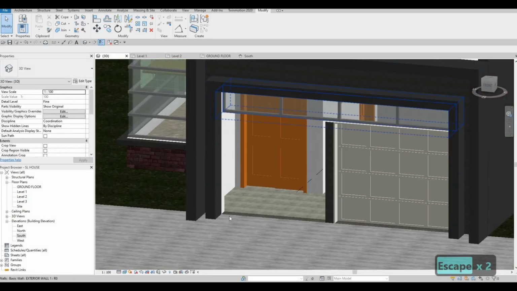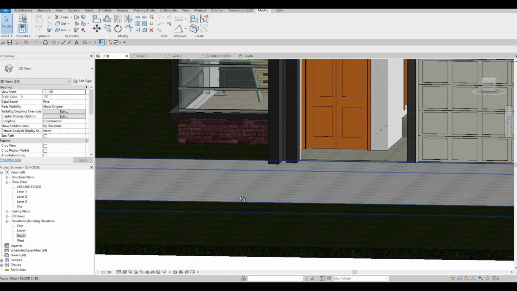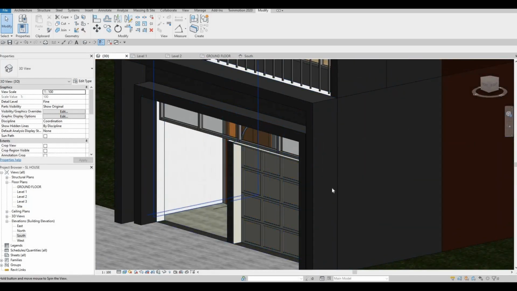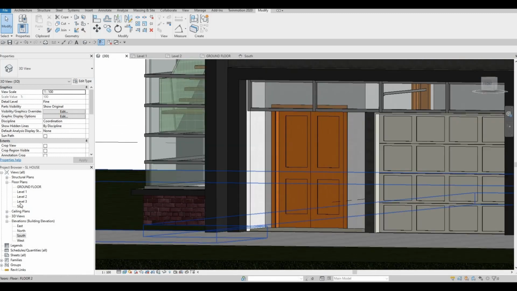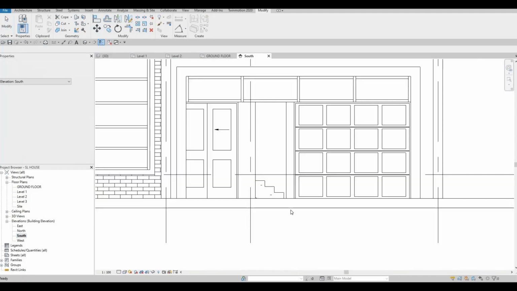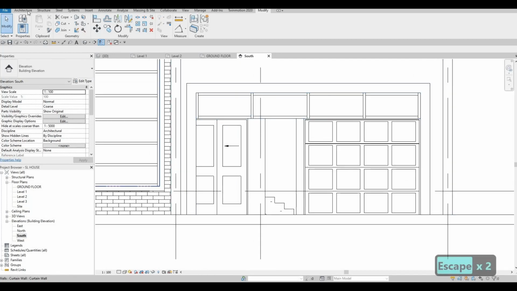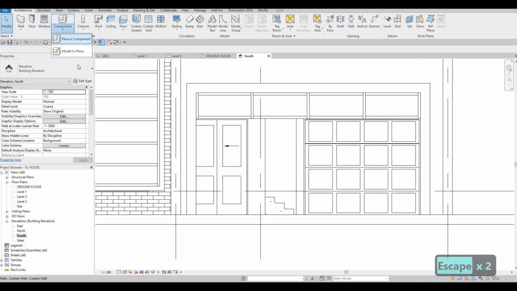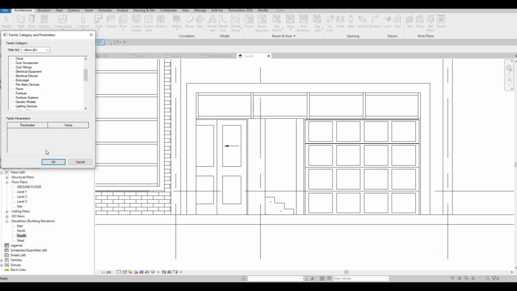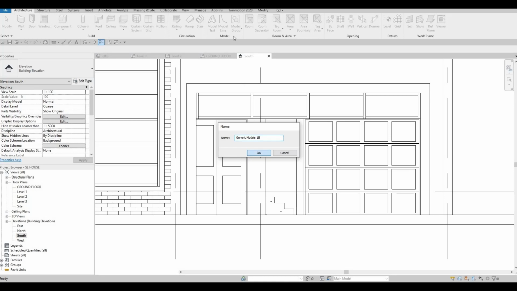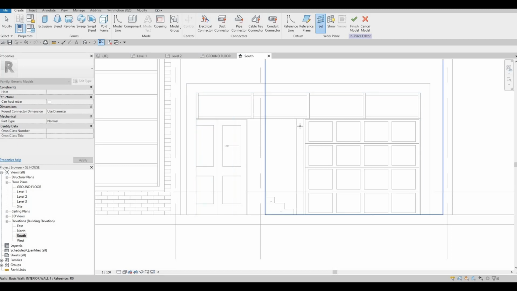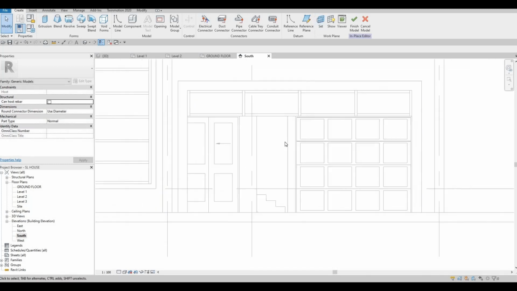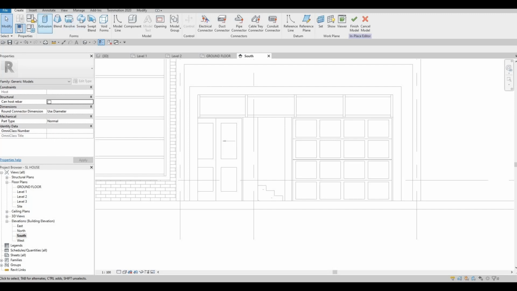Now it's an opening, and then what we need to do right now is to just add something right here, like a gate. So let's go to south elevation again, and then what I'm gonna do is a model in place, generic model, and then we need to set this one in front. So this one here, this face, the one beside that we created a gap,